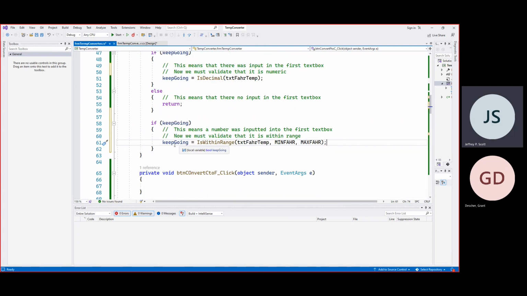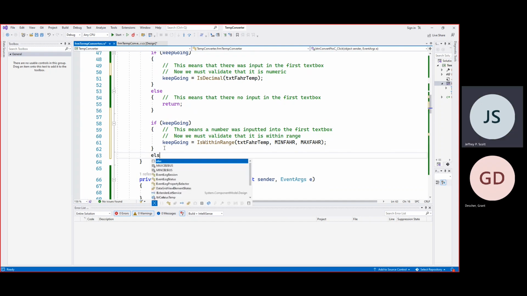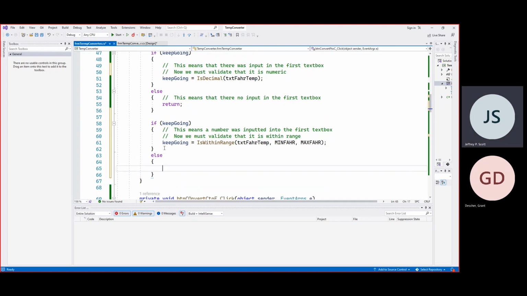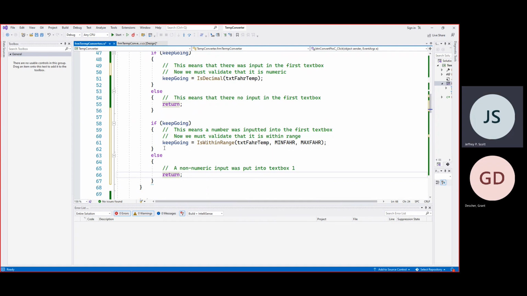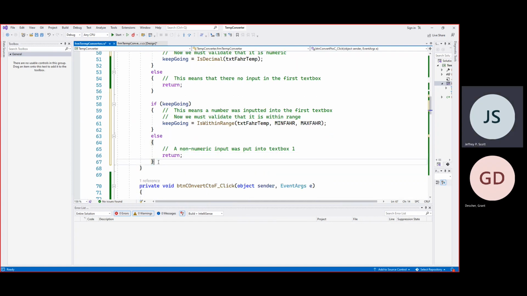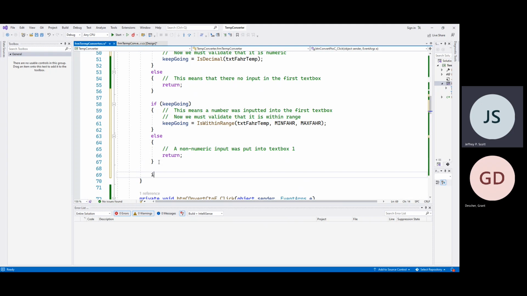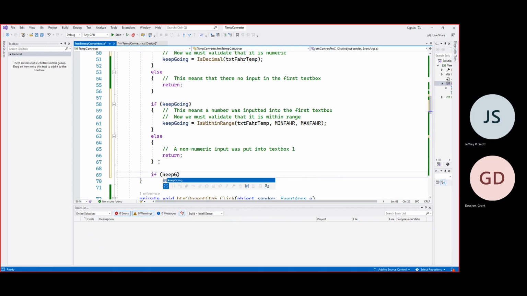Okay. So if all of that is true, and else is in here, well, if that's the case, a non-numeric input was put into text box 1. So again, we'll just return. All right. Now, if we got down this far, so if keep going,